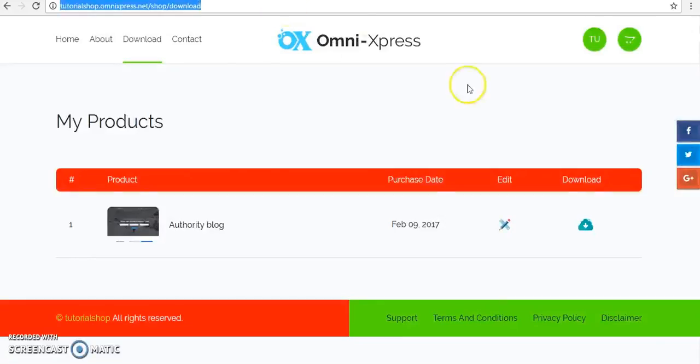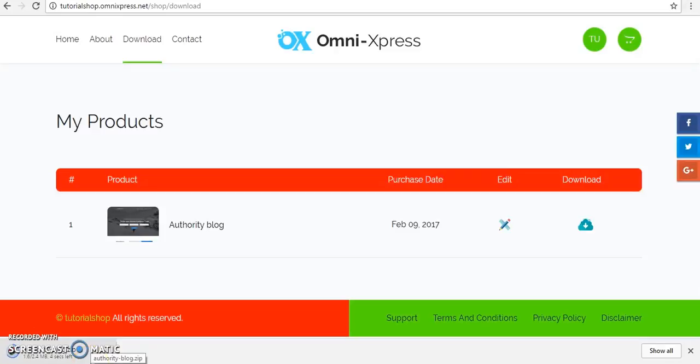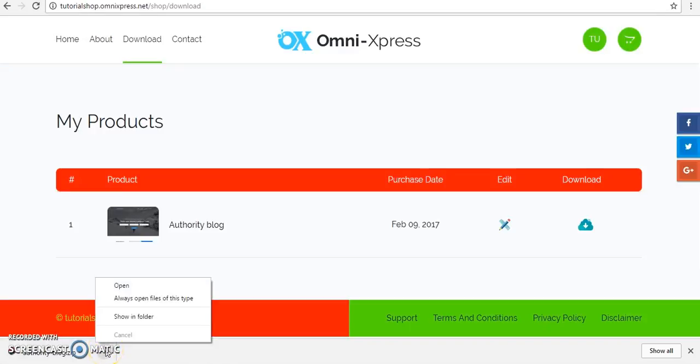Okay, here it is. If I click on the download of this particular template, you see it's downloading a 2.4 MB zip file. Here it is. I just want to show you how files are arranged in this particular template folder.